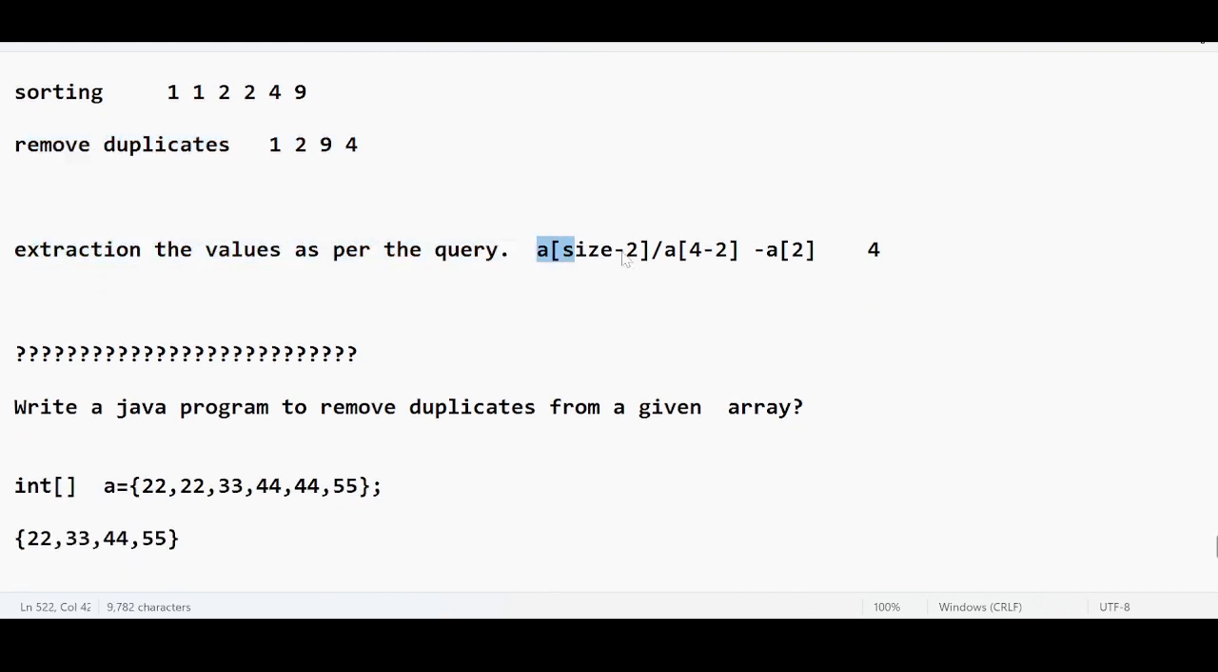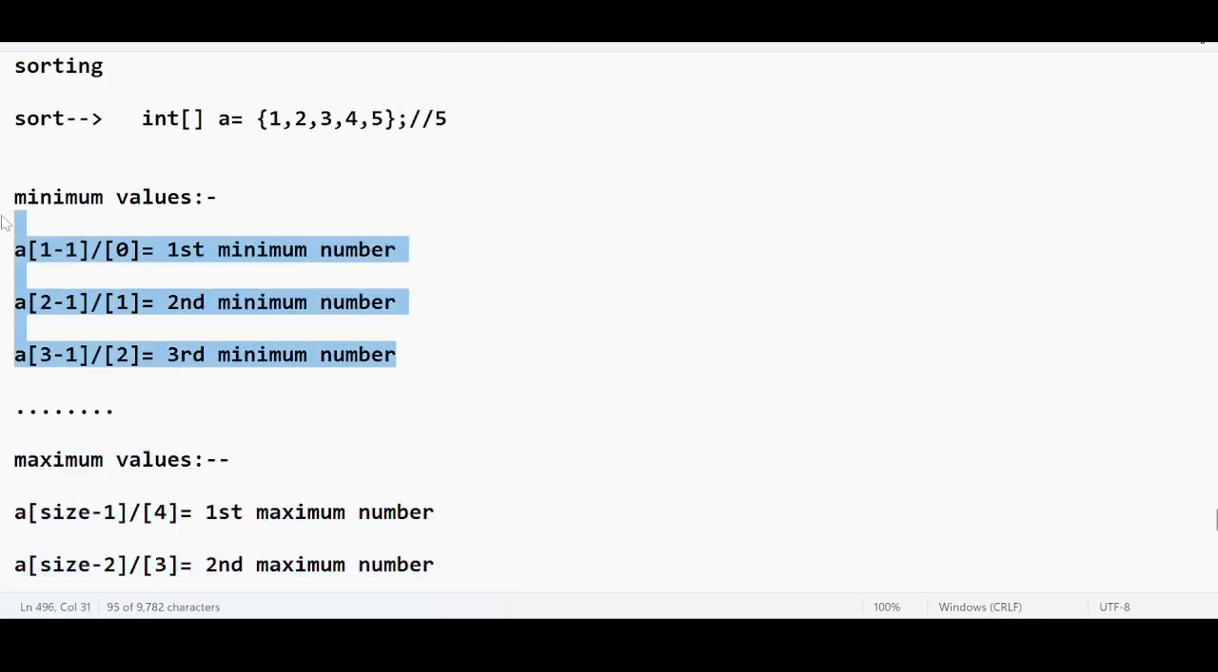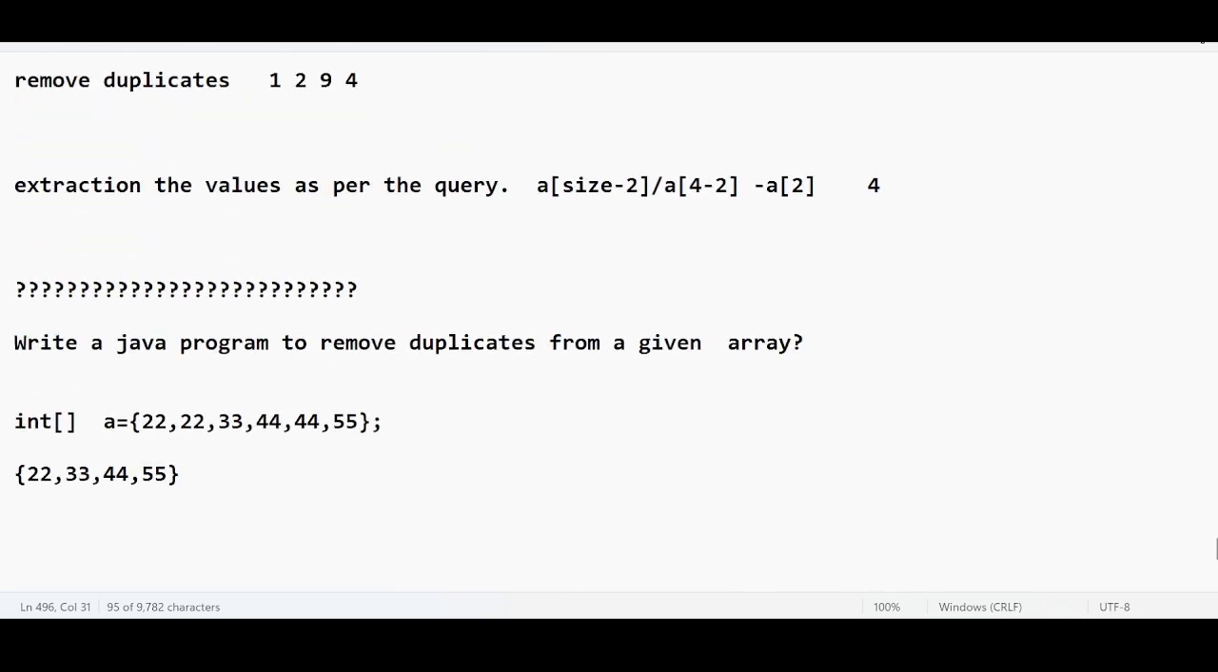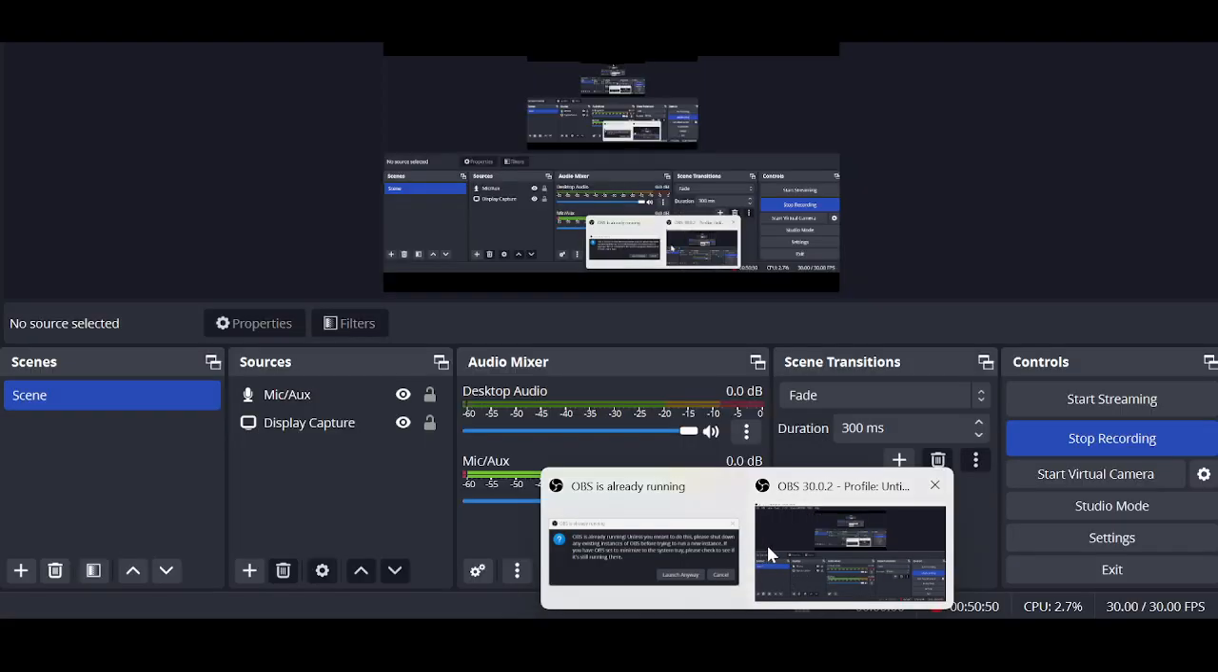If you want to find the minimum number, this is the typical formula, for maximum values and for the minimum. There are a few more problems on top of Java arrays that we will understand tomorrow. But before even coming to tomorrow's class,